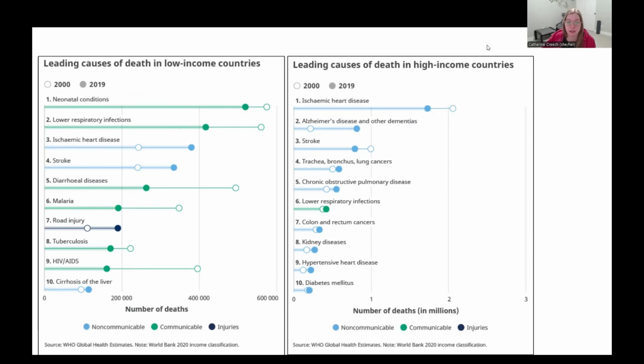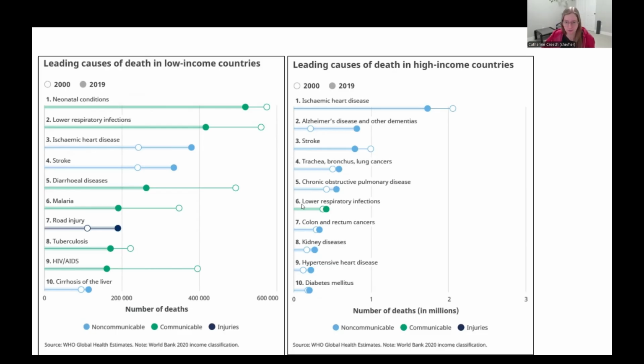Some of the trends that I think are worth noting is the number of deaths. So we have different scale bars. We have in millions or in hundreds of thousands. And then the types of deaths. So in high-income countries, our top 5 are all non-communicable. So we have heart disease, Alzheimer's disease, stroke. Heart disease and stroke can go together. They're both cardiovascular, they're both blood pressure issues. Then we have types of cancers and another obstructive pulmonary disease, which could go into a basket with stroke and